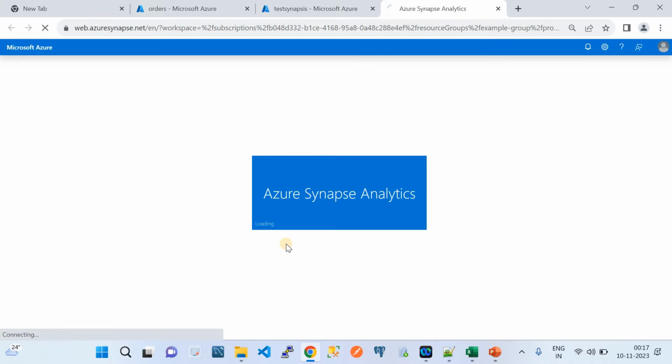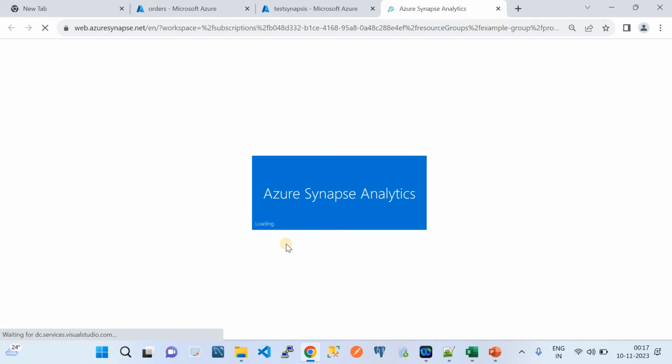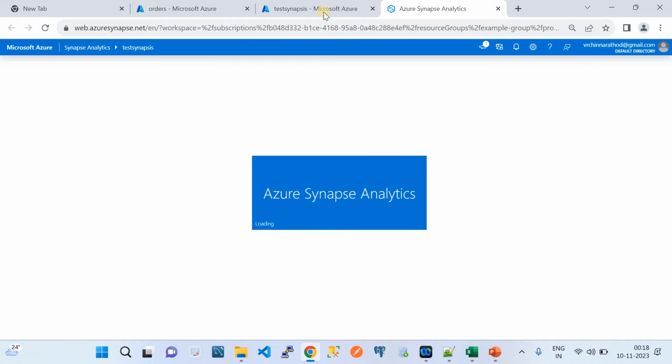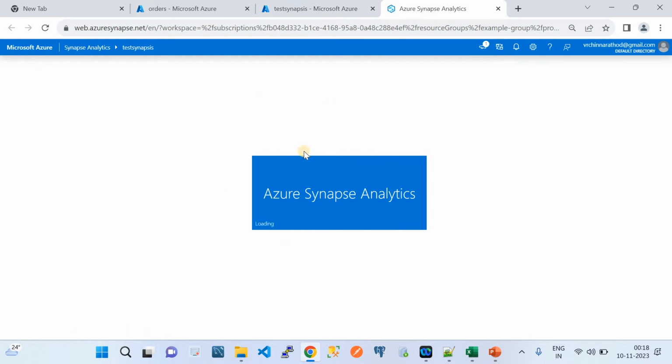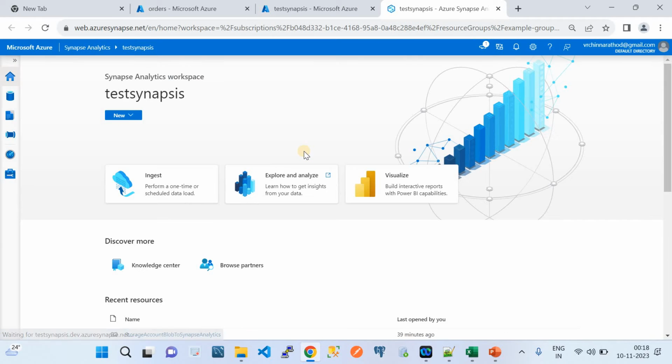Once you click on that, the Azure Synapse Analytics workspace gets opened in another tab. Basically, whatever you created is just a workspace, and from the workspace you open the studio. The Synapse Analytics Studio looks something like this. Everything I want to show in this demo, we will be doing from this studio only, A to Z configurations. Okay, so here let's first go to the